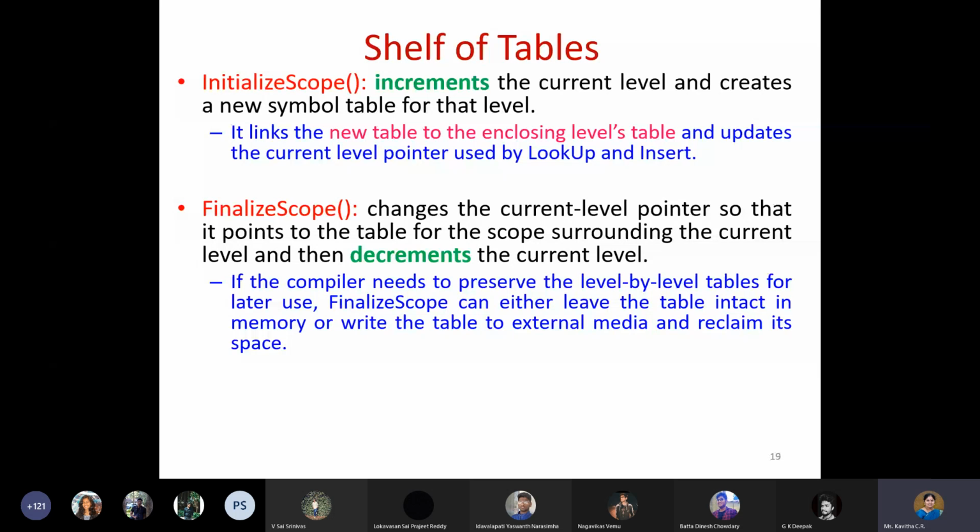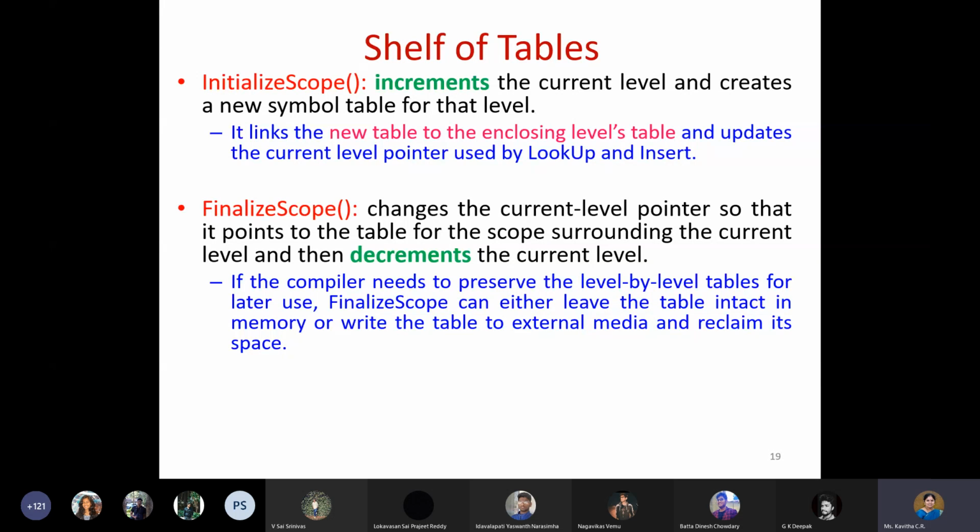It will have to close the scope of the current level, go to the next level, access the variables there, and if it is not found there also, then it will have to move again to the surrounding level and so on. So this goes till level 0 if it is not found. Even at level 0, if it is not found, then it becomes an error because that particular symbol does not exist.